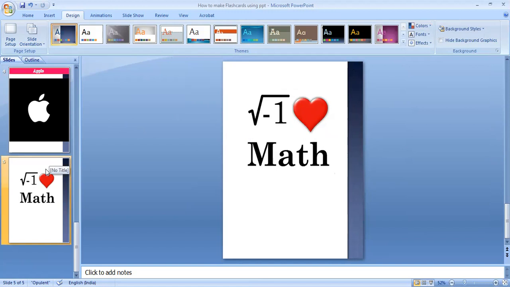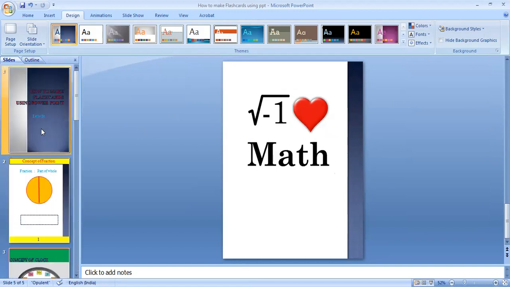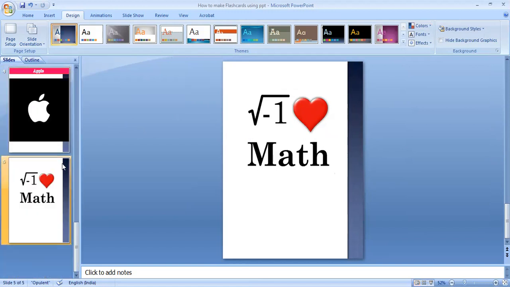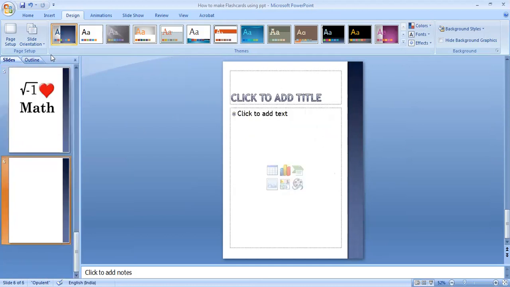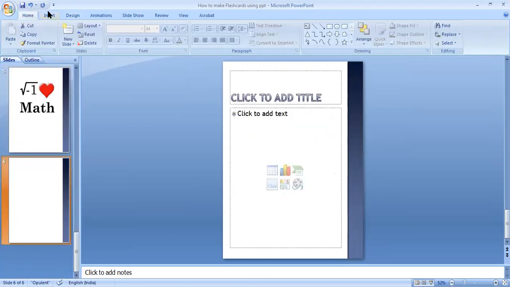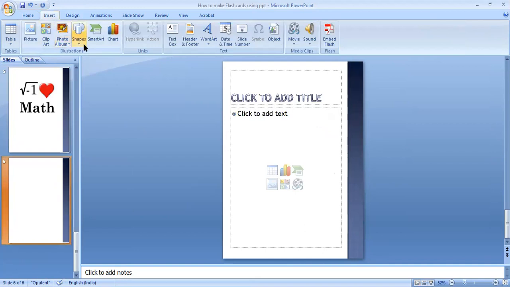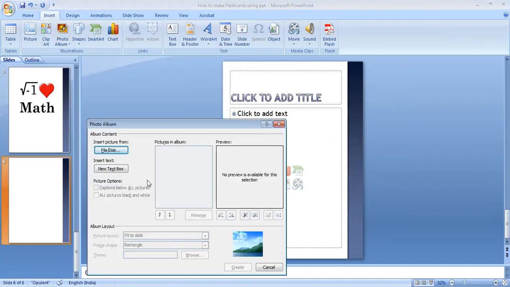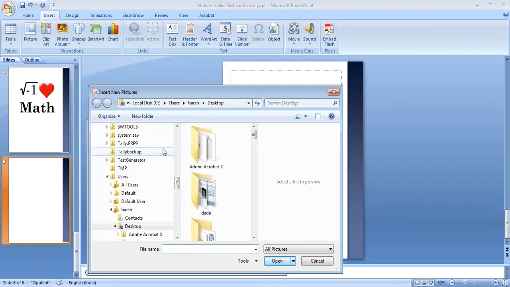For example, I have already made some flashcards. I can give you a sample from my PC, so I can insert. You can also add charts, shapes, and photo albums. Now suppose I take a photo album from my PC. Right now I don't have any photo album on my PC, but if you have any file, you can select it.